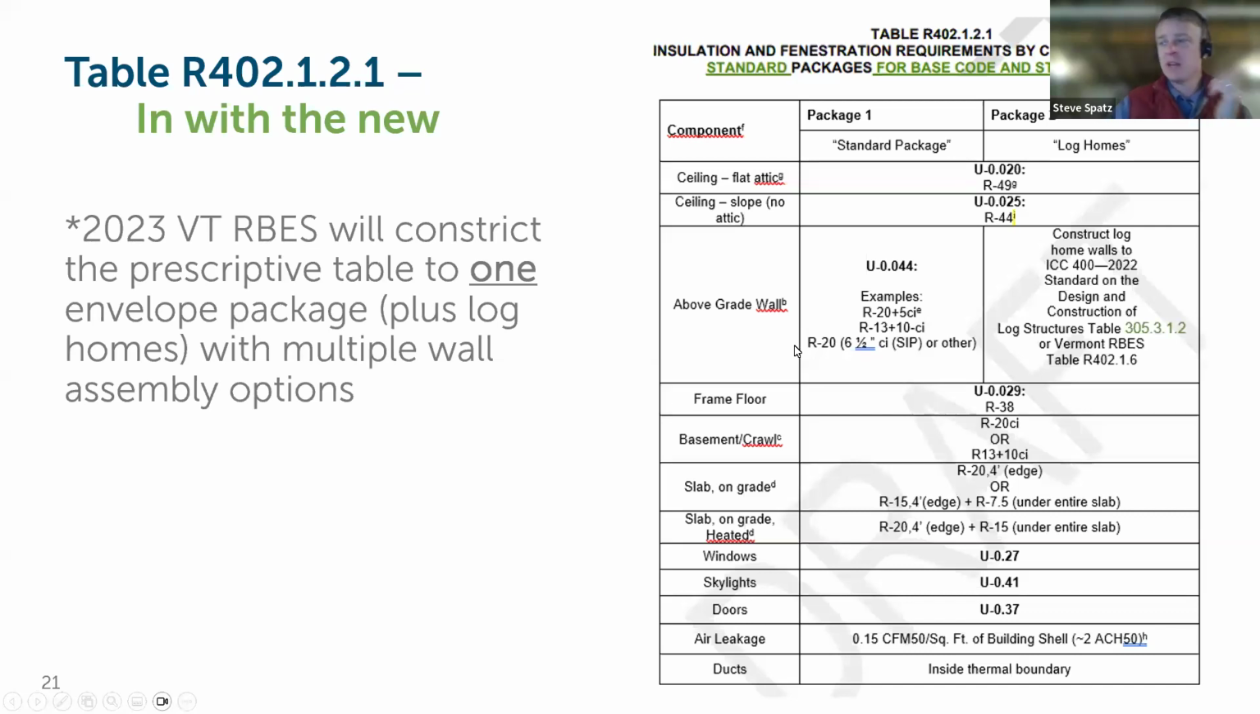The big shift is that the code as of July 1st will require some level of continuous insulation in above grade wall assemblies. That has not been a mandatory requirement to this point, but that is where we're now going. And so what I'm going to break down today in more detail is, out of these example options, these are examples of what an above grade wall assembly could look like that would get you to this maximum U value